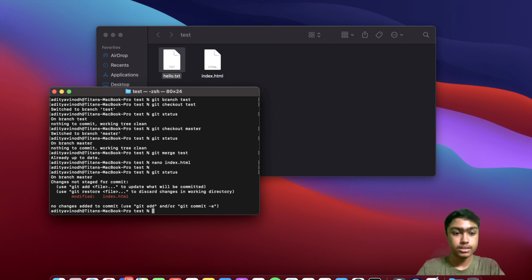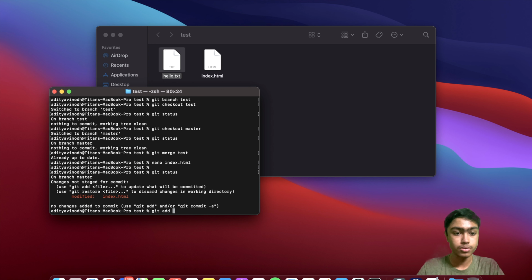Now I'm going to say git status again. Now we don't see the output as untracked files, but we see something else, changes not staged for commit. So Git is tracking this file. Previously we weren't tracking the file, but since we've added it to the staging area once, we don't have to track it again. Until you track a file for the first time, it's not going to track it for you. So since we have added it, it's tracking it for us,